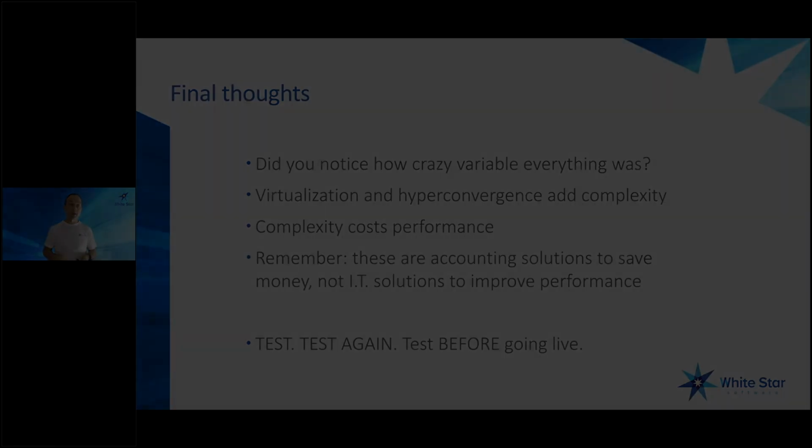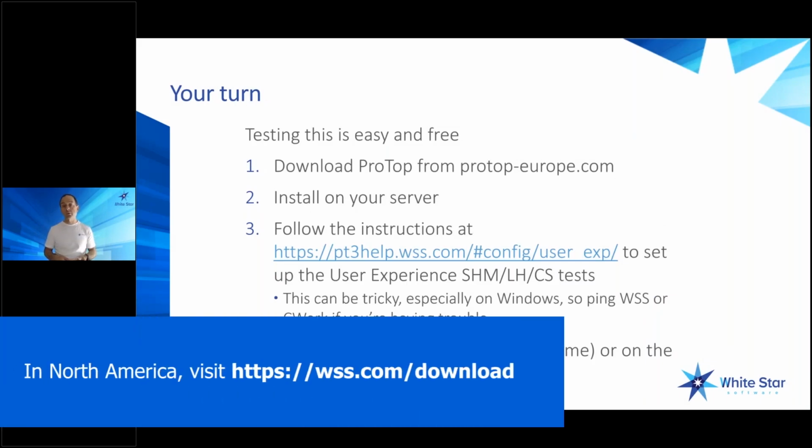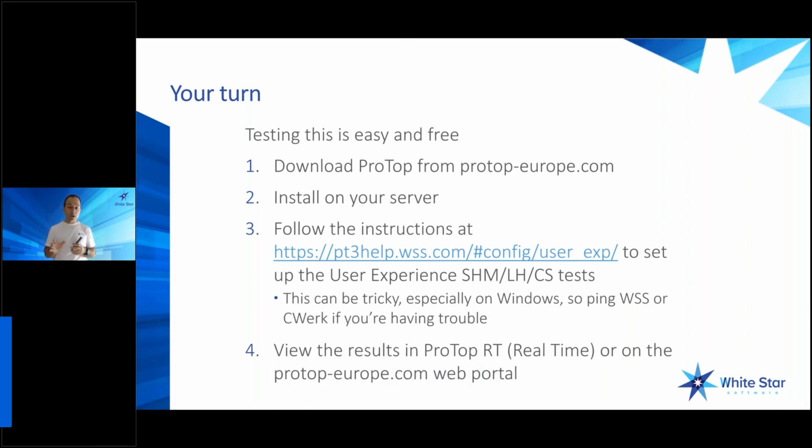All right. So how do you do this in your office? Easy. Go download ProTop from protopeurope.com. Install it on your server. The instructions are right there. There are a couple of tricky points for the client server, especially on Windows, so ping us, ping James Palmer or ping me or Tom to walk you through it. We tried to document it as well as we can, but again, you might have some questions. And then you can view the results in ProTop in real time. That's what Tom showed you earlier in the local character UI, or you can view it on the ProTop web portal at